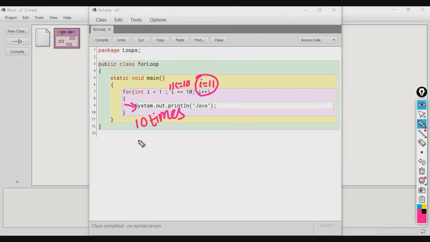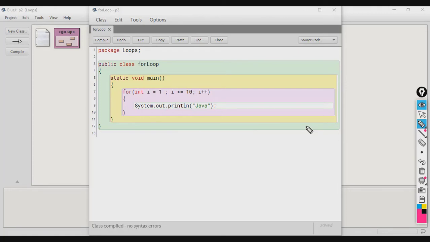Okay. So, we will say that the loop executed 10 times, and in the ICSE board exam, you will be given a certain code snippet, and you have to find out the number of times the given loop executes. So, in this example, the loop will execute 10 times, although the value of I goes up to 11. So, again I am repeating, the number of times the control enters the loop body decides the number of times of execution of the loop.